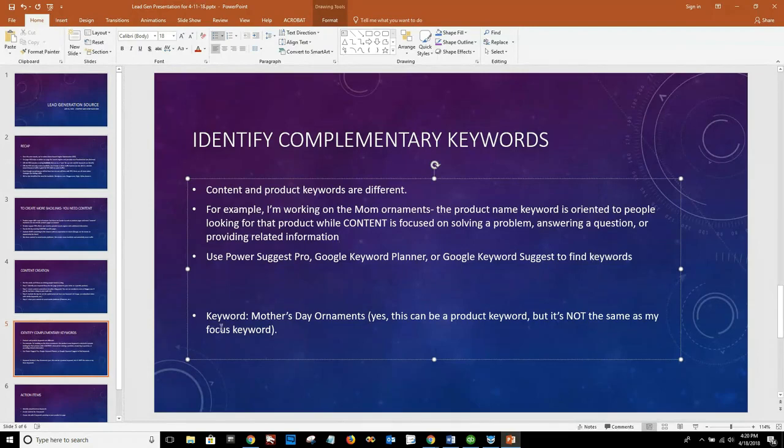I was going to try to say Mother's Day ornaments, but like I said, that's not a content one. But regardless, let's say you decide you do want to rank a page for Mother's Day ornaments and you're trying to point to mom ornaments. What we would do then is create our content, and I'm actually just going to bring up,